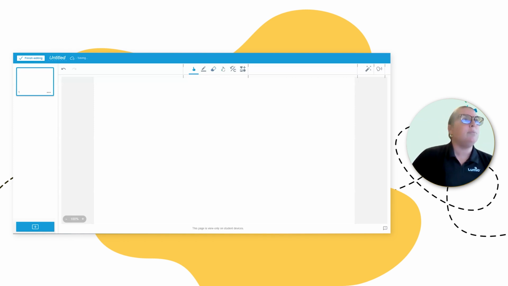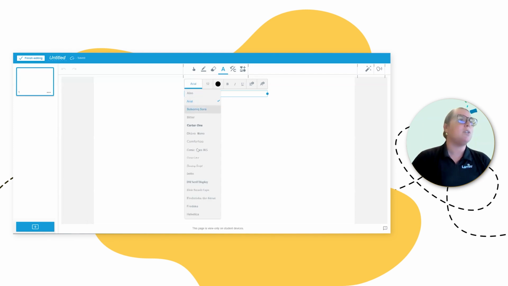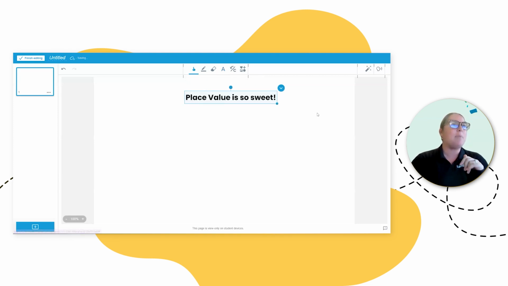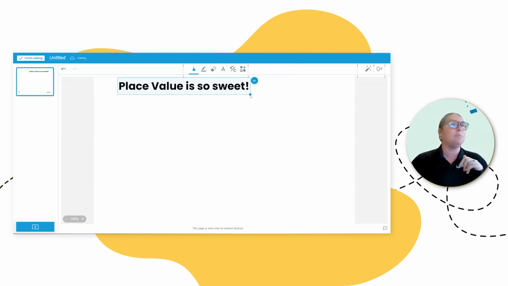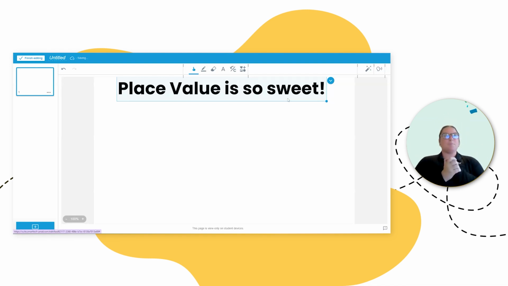So I use my text tool. That's how I did the place value is so sweet. Whatever I put, place value is so sweet. And I don't know if anyone else here does this, but I go through hyperfixations with fonts. Right now, I'm a Poppins girl. It's my go-to. I use it all the time. Anything but Arial is my go-to. Place value is so, so sweet.